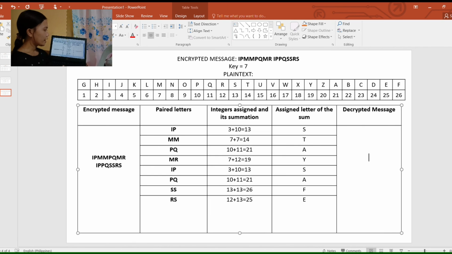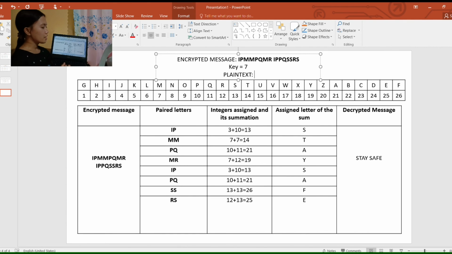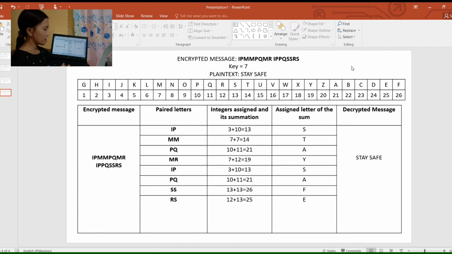So, the assigned letters of the sums are S, T, A, S, E, F, and E. So, after you finish that, decrypt the message of this. Like, stay safe, stay